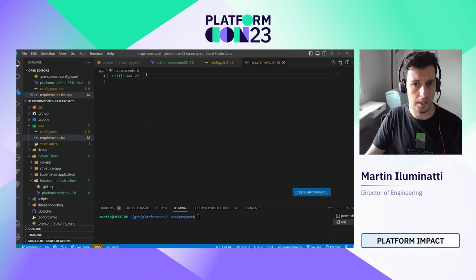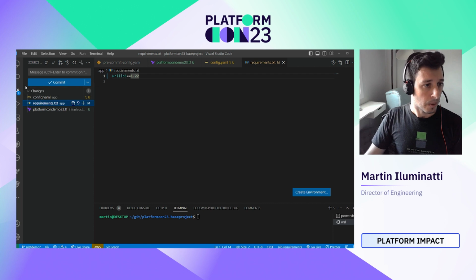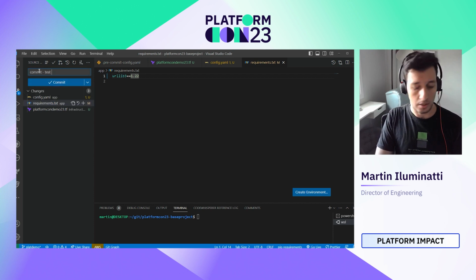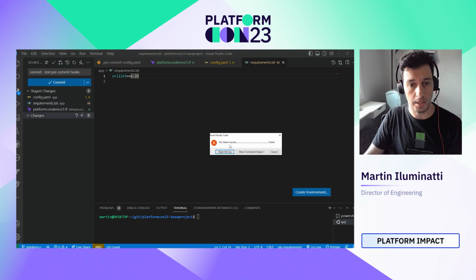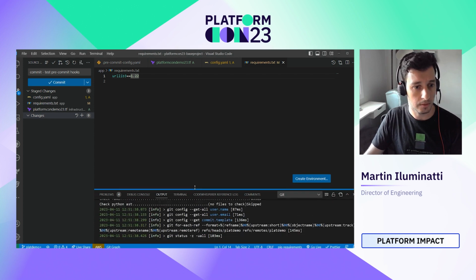And I also have a requirements.txt file, which is just the Python dependency. So I'm just going to make a commit in here. Commit test commit hooks, and I'm going to make a commit. Now all the pre-commit hooks are actually executing, and it's telling me, hey, the pre-commit hook detect secrets actually failed. So I'm going to open the log,